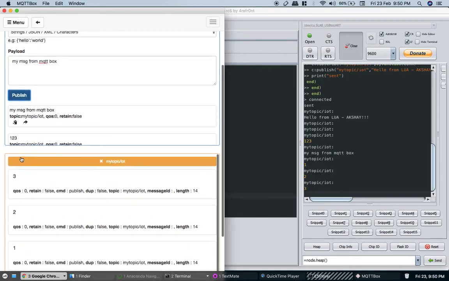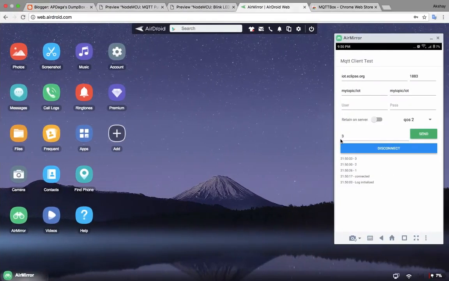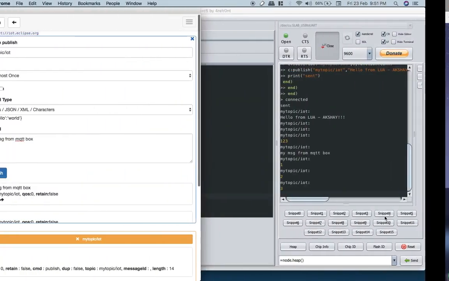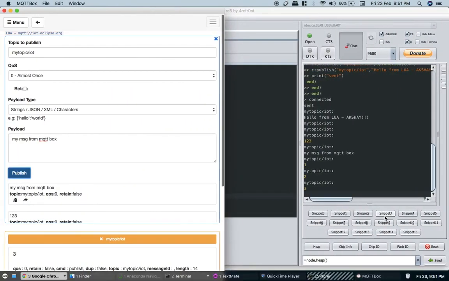1, 2, 3. Right now my mobile is on the local network, but now I am turning off the Wi-Fi. So right now you won't be able to see my screen, but I am sending the message from my mobile internet.